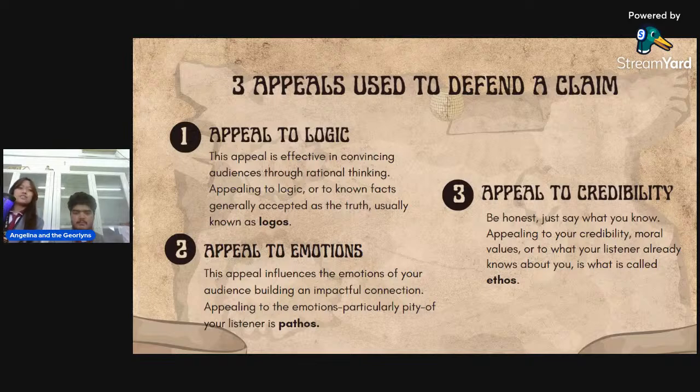So, first, you can use appeal to logic. You can say that, oh, I wasn't here during this subject earlier. I was in the canteen earlier. So, during that time, I wasn't in the classroom. I wouldn't be there to steal your pen. So that is what is true. That is appeal to logic.